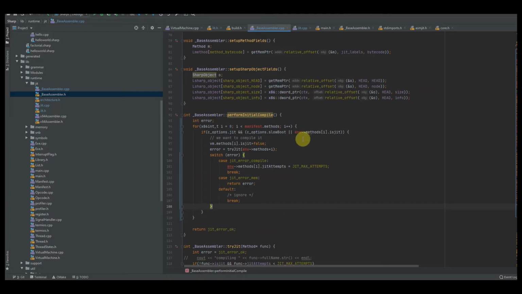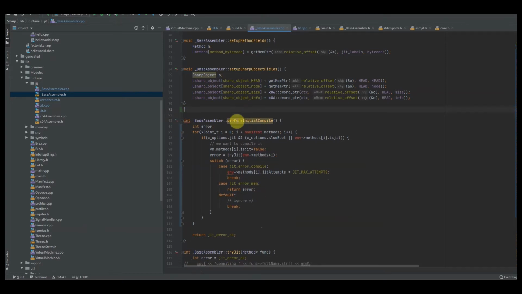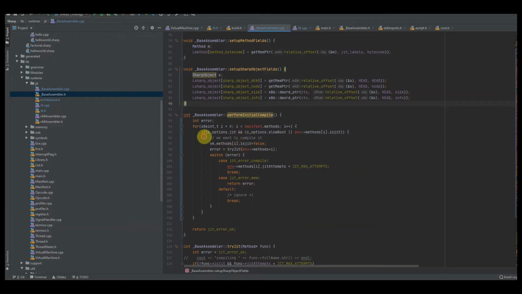Now, theoretically, what you could do is create your main JIT function. So let's say void JIT function, and you can literally pass in the PC. So you can create an int, or maybe a long. You can pass in the PC that you want to start with, and then in your JIT, you can jump to that address of that function to start specifically at that point. And that is something that I'm considering adding in the future, and I'll explain in this video how you can actually do that. So during performInitialCompile, you're just going to make sure that